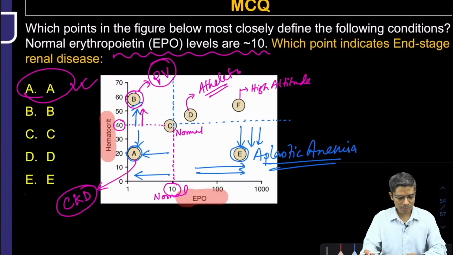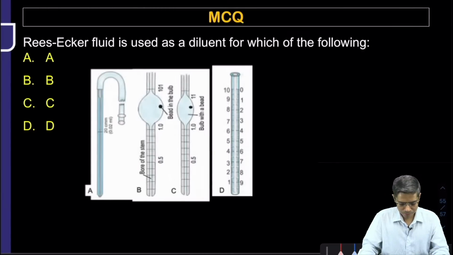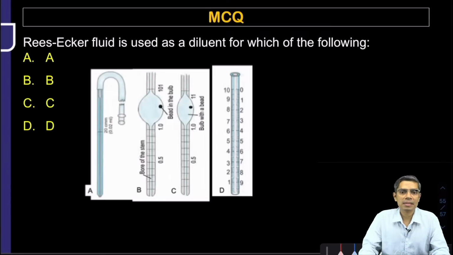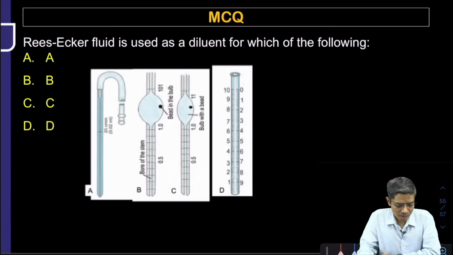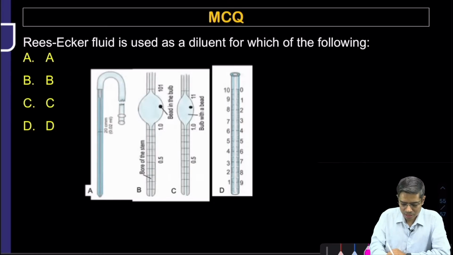Okay. So, this is all about the questions. Now, we are moving on to the next question. So, I think this is the last question for today's session. This is a repeat question which has been asked in AIIMS entrance examinations. Rees-Ecker fluid is used as a diluent of which of the following? So, Rees-Ecker fluid is used for